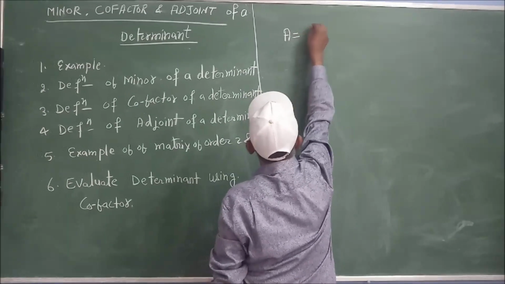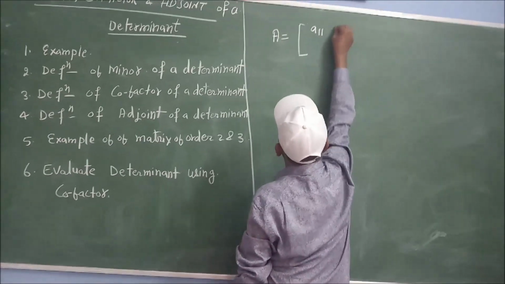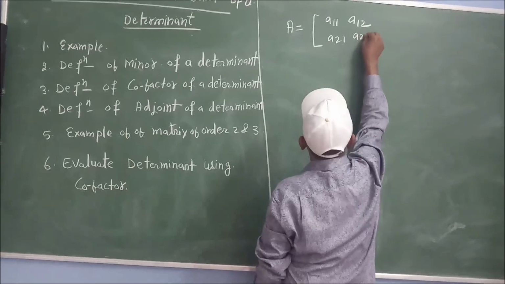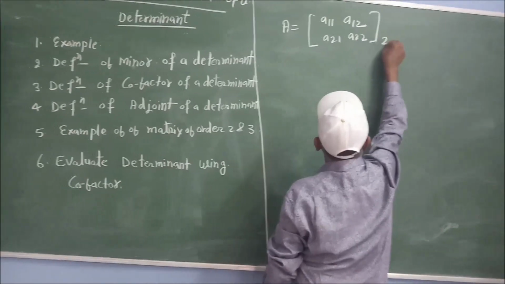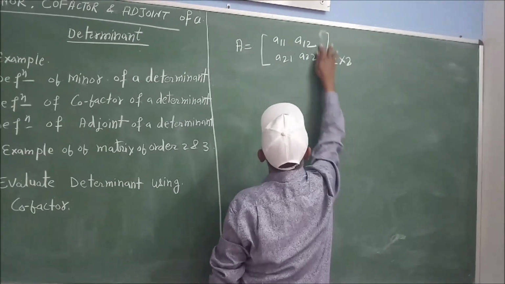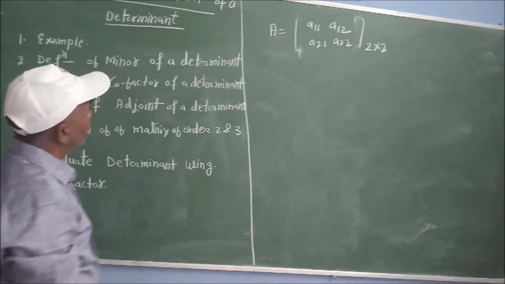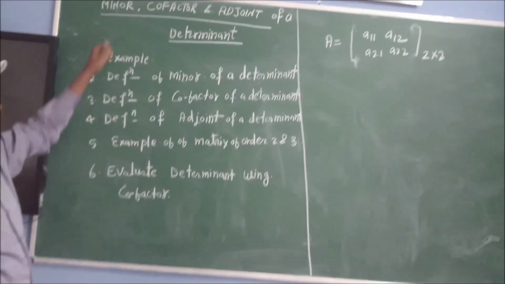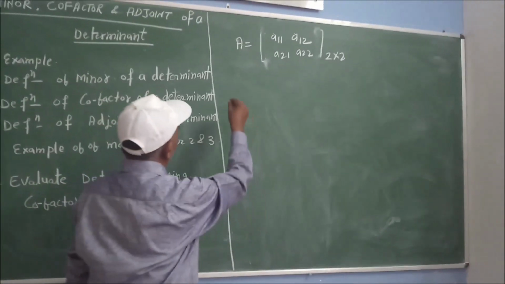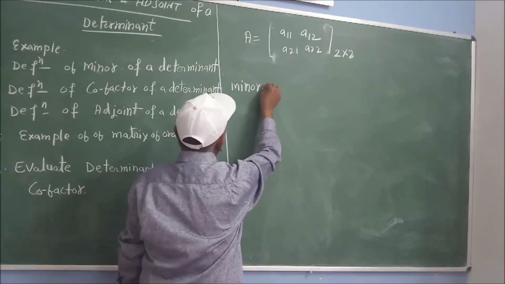Suppose A is a matrix in the general form A11, A12, A21 and A22. This is the general form of a 2 cross 2 matrix. I have written it here in the form of a determinant, a general 2 cross 2 determinant, and we want to find how we calculate its minor, cofactor and adjoint. So for calculating the minor of A: